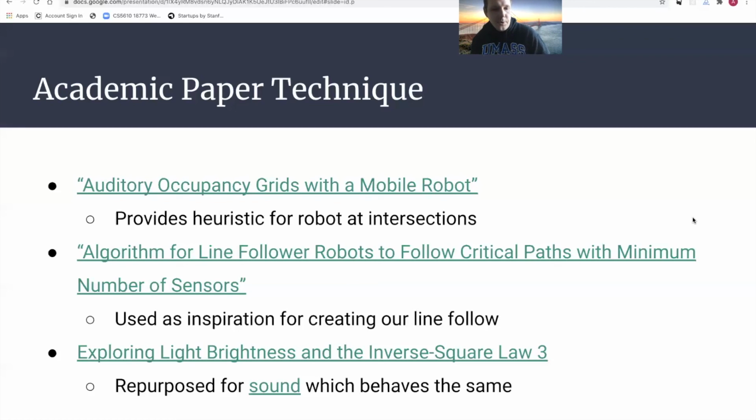And lastly, exploring light brightness and the inverse square law. The inverse square law not only applies to light, but it also applies to sound. And we used it as a guide for how sound behaves when doing our project in both the sim and